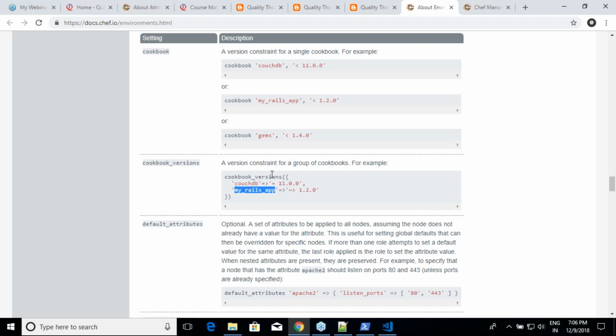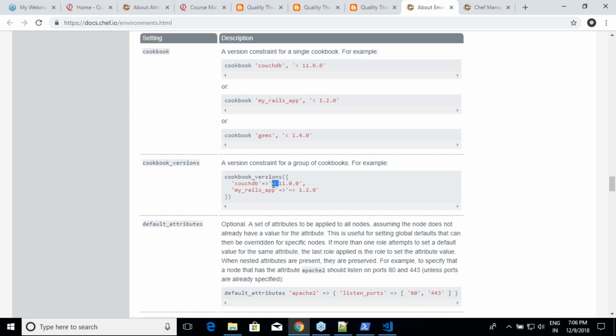The one which you see over here is equals. Here you are trying to tell that I will use only 11.0.0. I will not take 11.0.1, nor will I take 10.something. I am looking out for exact versions. So in cookbooks, what is it that we end up writing? We end up writing restrictions. Right? And you put restrictions by using the cookbook statement or the cookbook_versions statement.